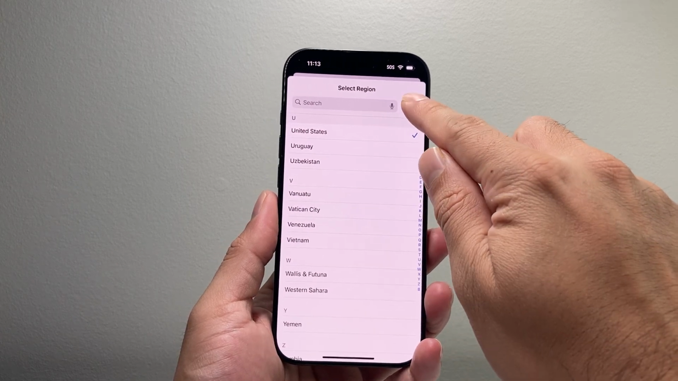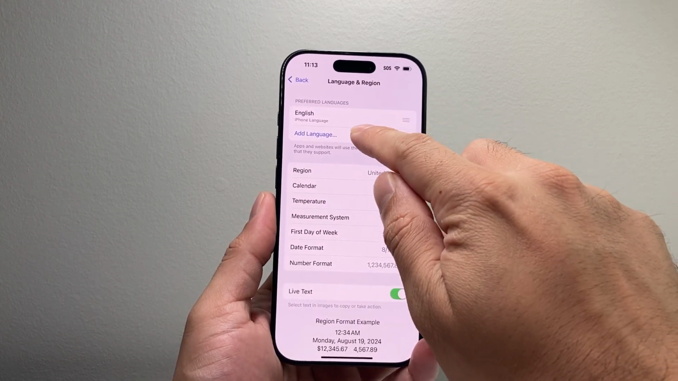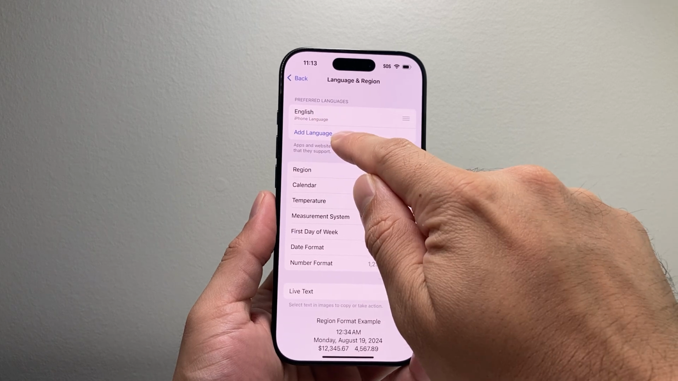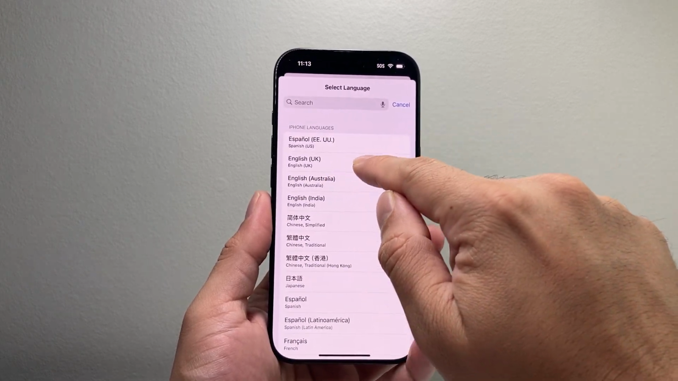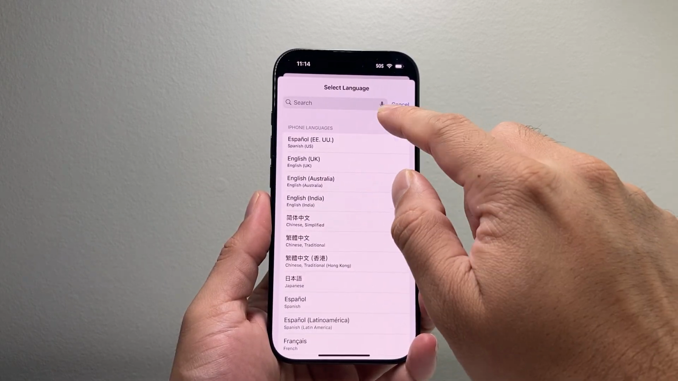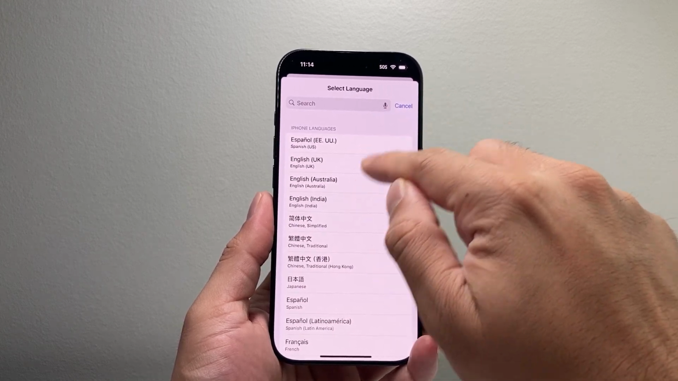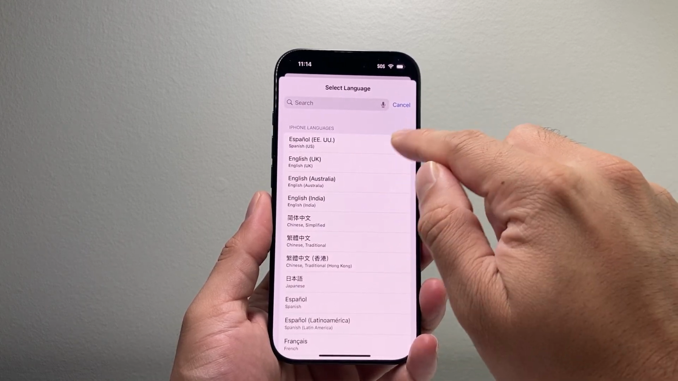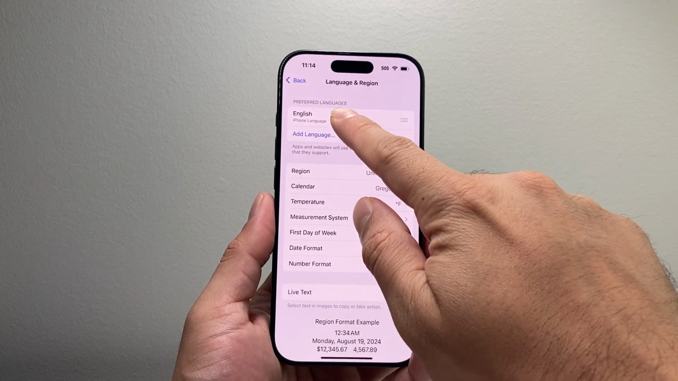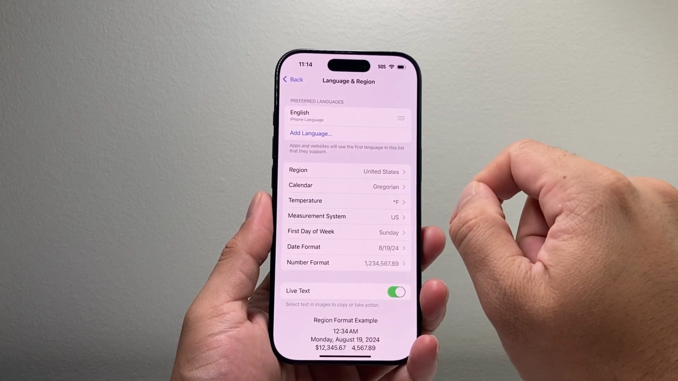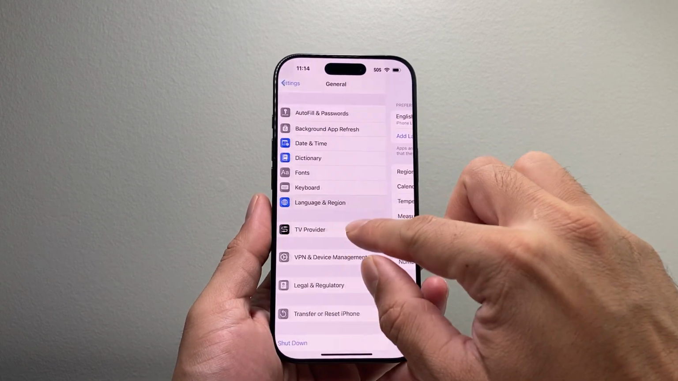Okay, you're going to select that, and then the language, you can add it here, but you want English as one. If you don't have English, just search up the United States English version, not the other ones like UK or Australia or even India. So go with the English from the United States, and once you have those settings on, you're going to go back,